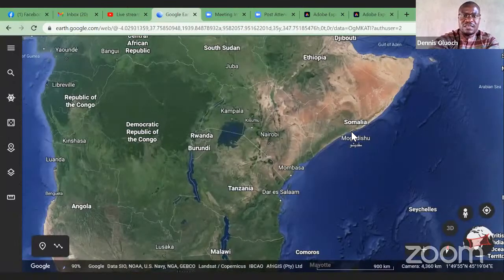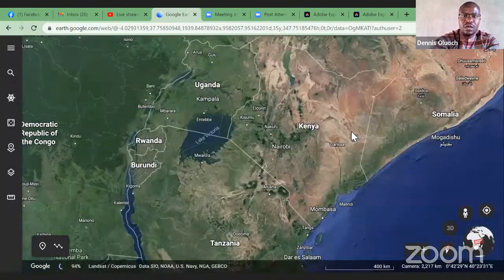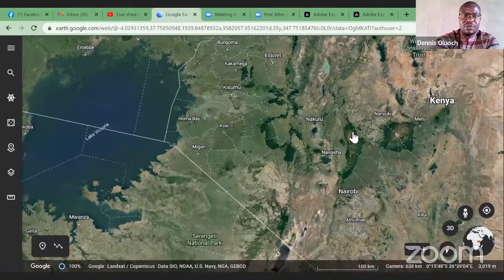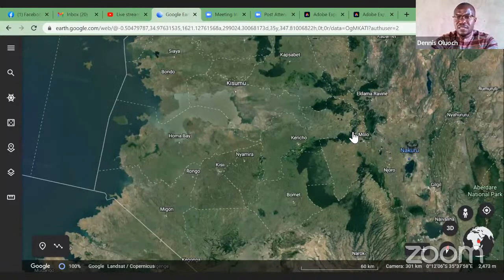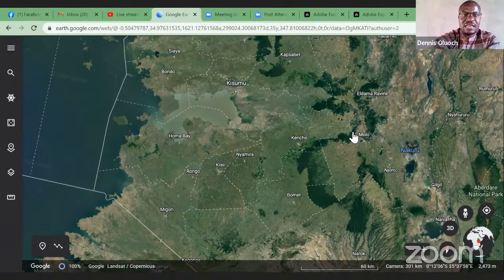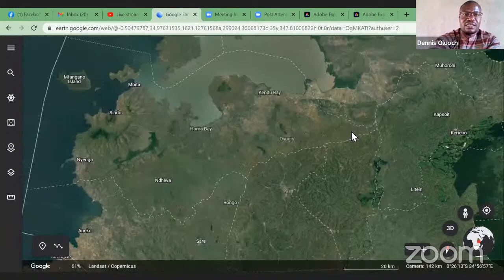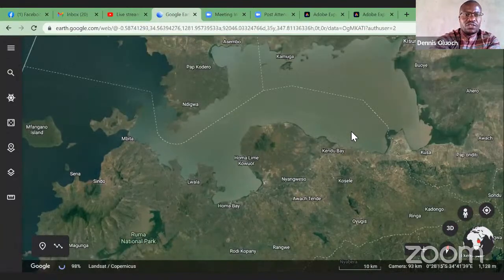Let me take you to the western side of Kenya. Kisumu, Kisii area, Migori. It's a wonderful place to be. I was the other week in Homa Bay, Kisumu, and we were with people who come from central Kenya, and they were wondering how beautiful that area is, far from what they have always known and always said, oh, there's a lot of poverty in that area. We were in Homa Bay, and it's a wonderful place. Agriculture is doing well, and there are many things you can enjoy, like fish there.